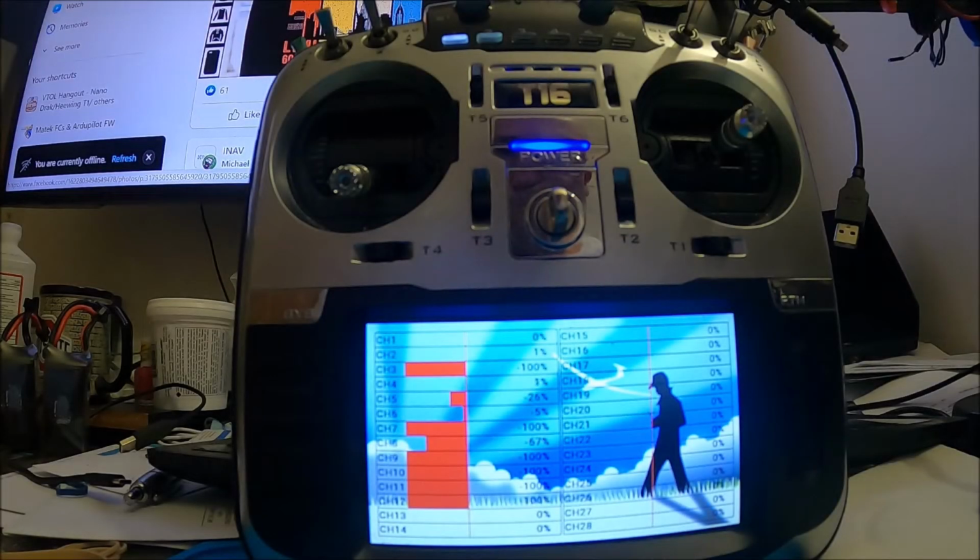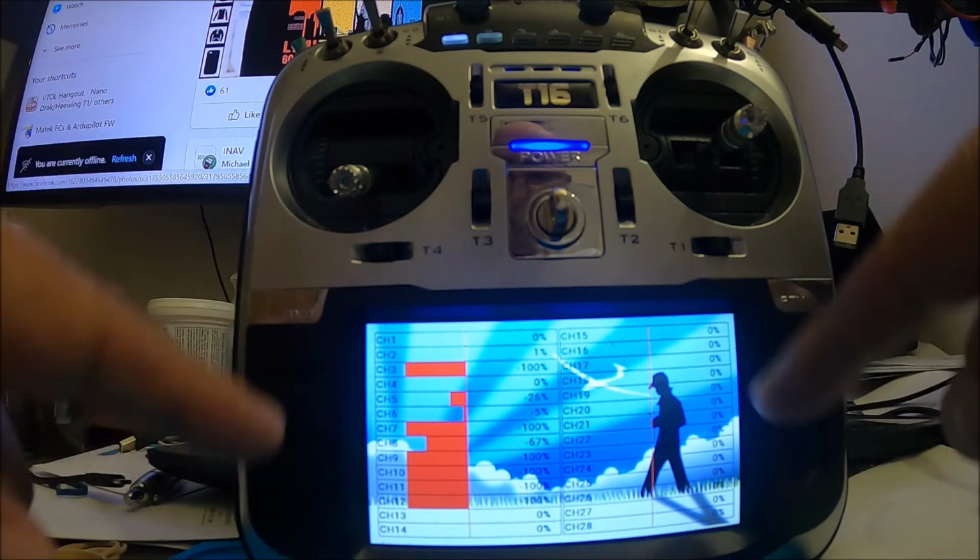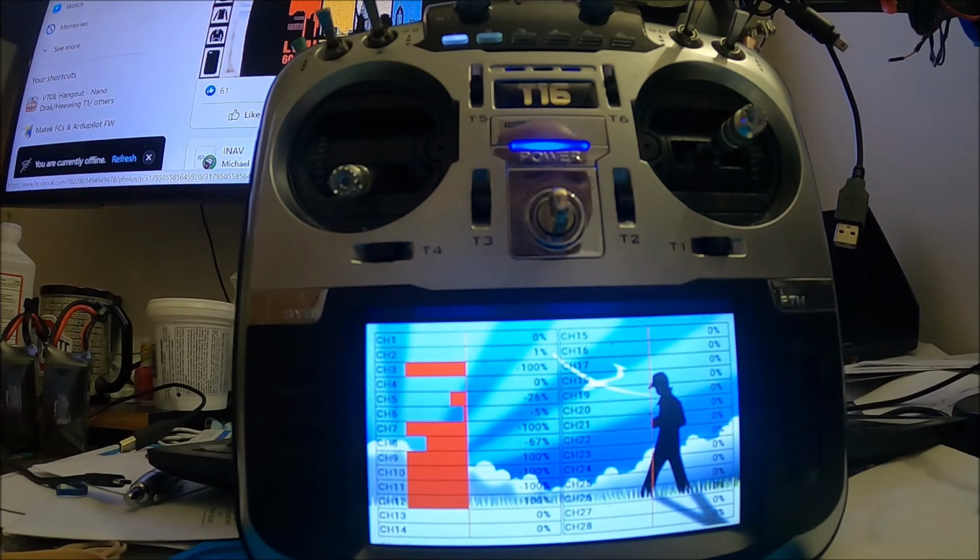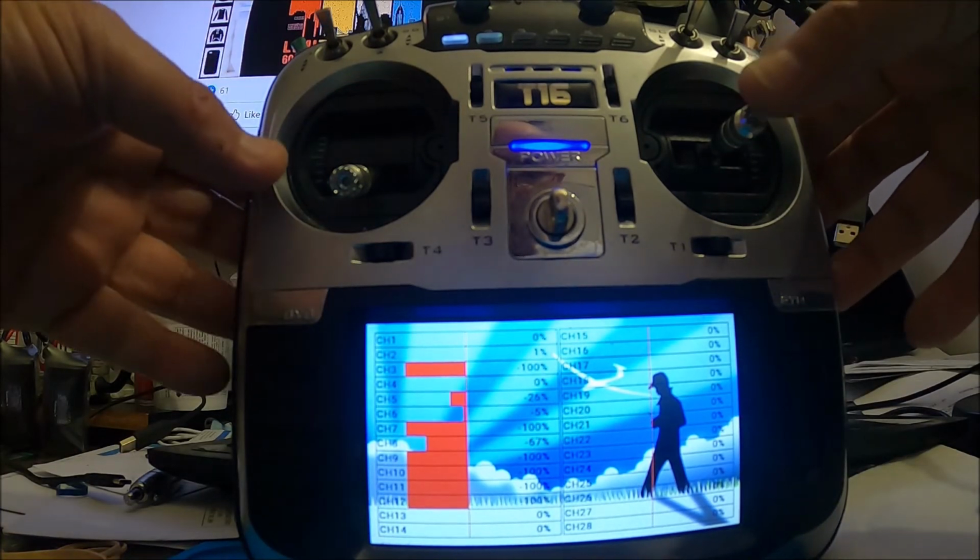This is a small video about Ardupilot and controlling manual mode in a VTOL T1 Ranger. As you can see, I put right here the outputs on the radio, and